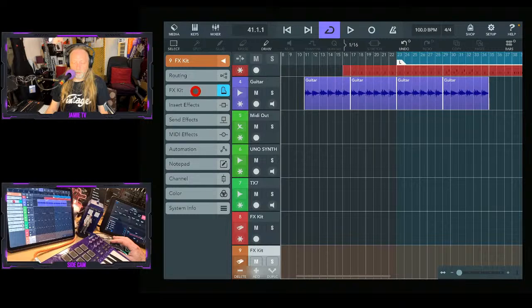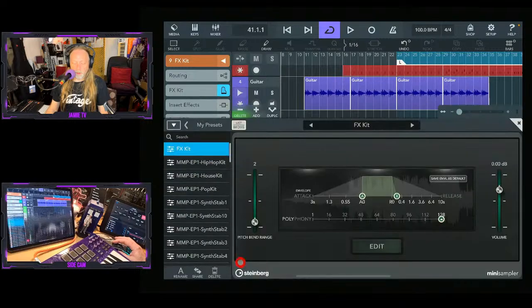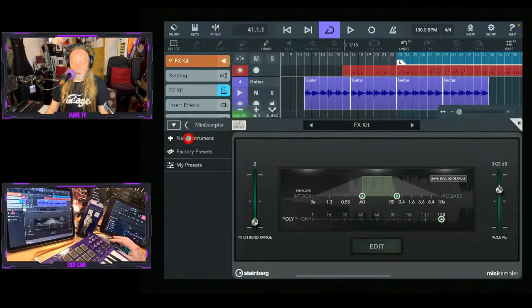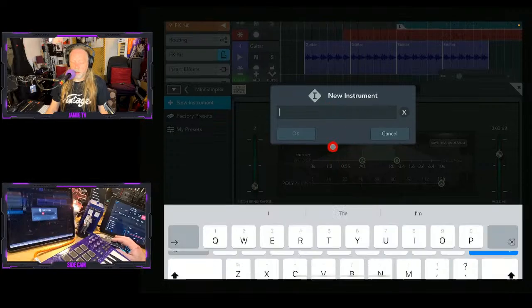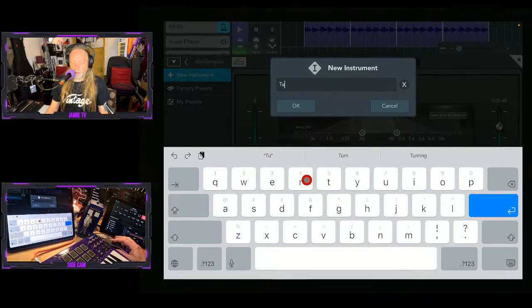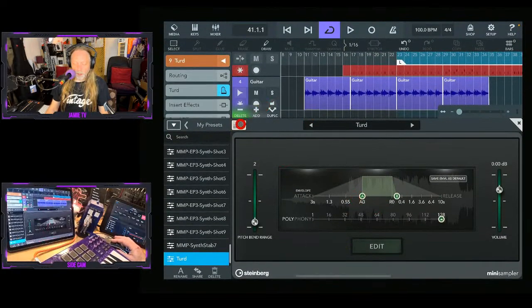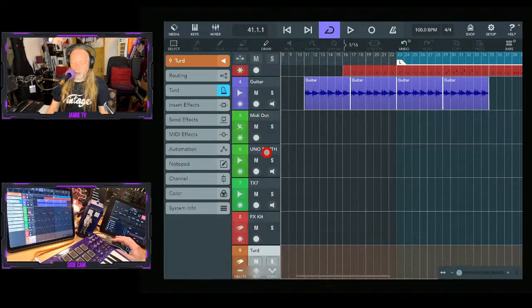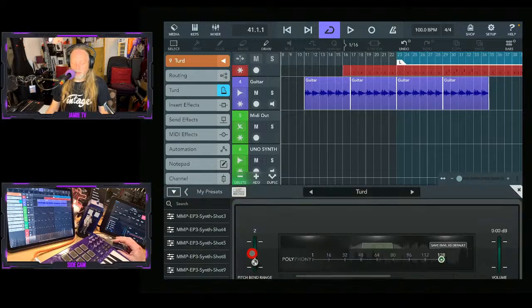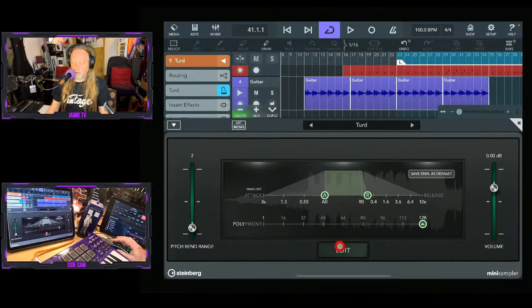And new instrument, which I'm going to call Turd again. Now, I'm going to need, let's set it up from here first. Okay, I'm going to edit,